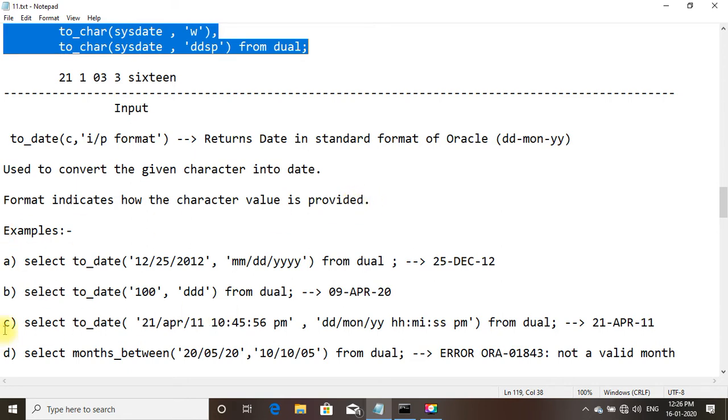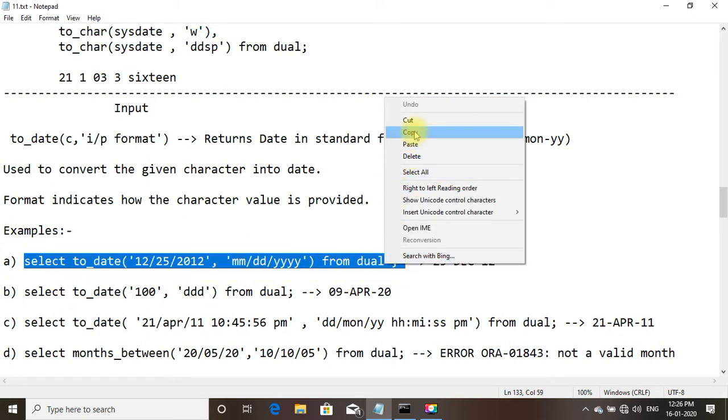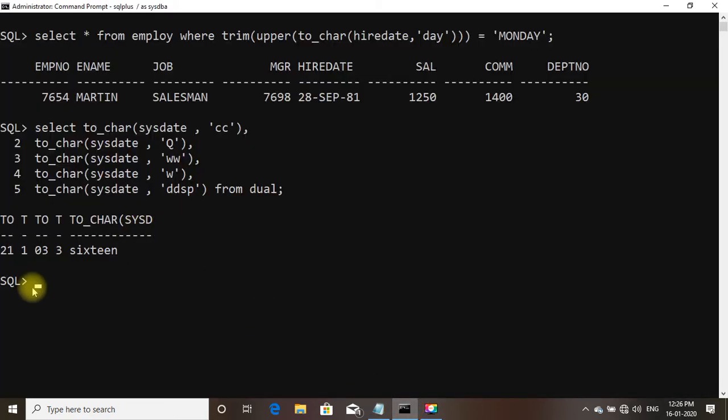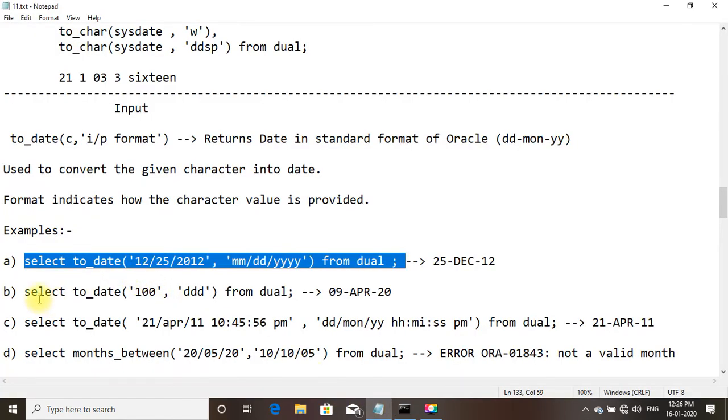Example: here you can see select to_date with 25th December 12 as MMDDYY, 2012, it is showing as 12. Now let us come to the next example.